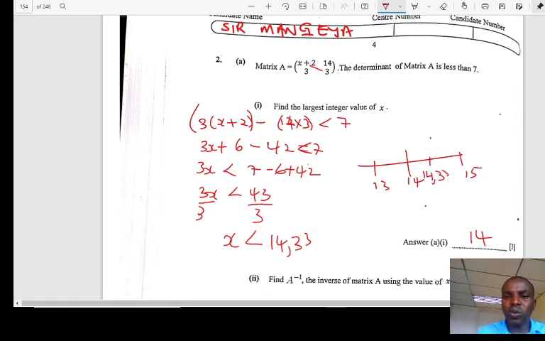33 here. So this one is less than, so it means back here. So the largest possible number is actually 14 there, as you can see. Right. Then next